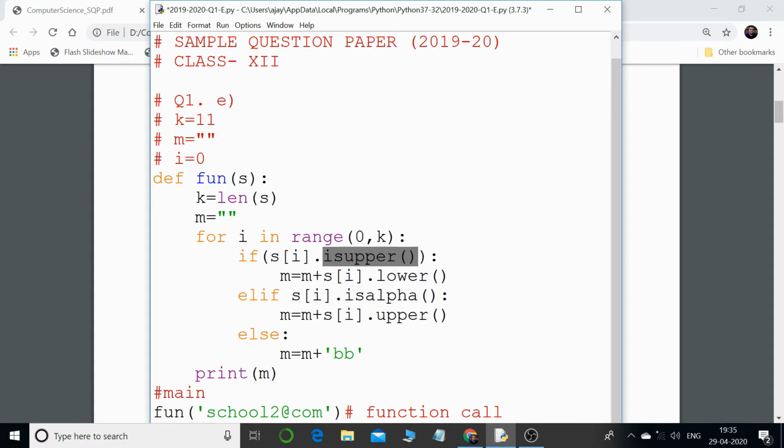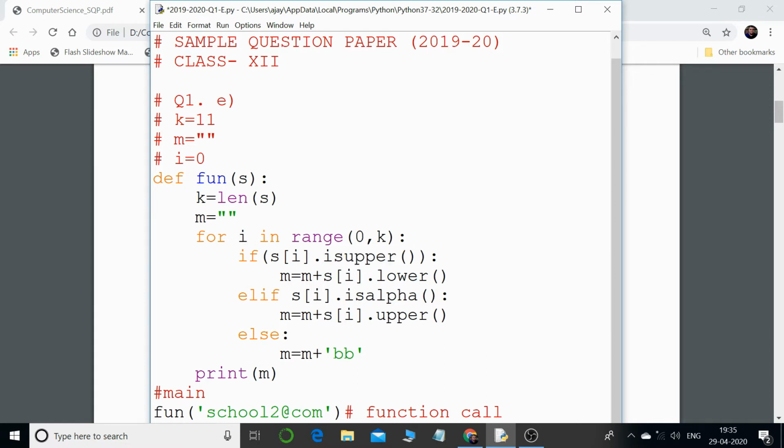In this case this character is in small case, it is a small letter, right? So this function will go false. Why will it go false? Because this method will only return true or false. It will return true if the character is a capital letter, and it will return false if it is not.